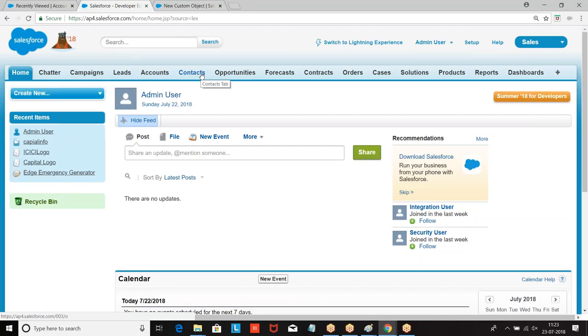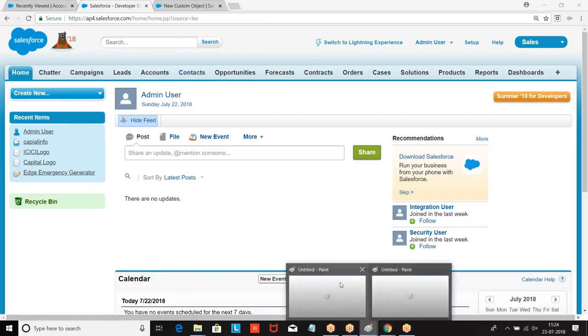Now this is the object. For this object, you are creating a tab. How do you know that this object belongs to this tab? So at the time of creating the object only, we are going to define the tab label. Tab label is nothing but the label that should be displayed on the tab of this object. When you are creating a tab for this object, the label that should be printed on the tab is called the singular label. That is the reason you are finding Leads, Accounts, Contacts.